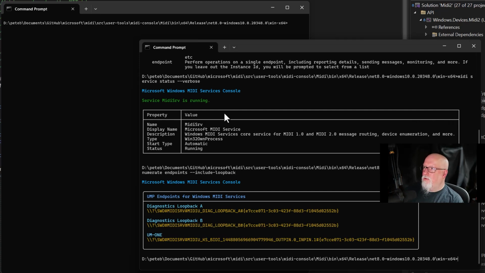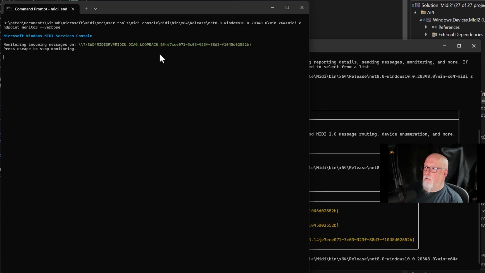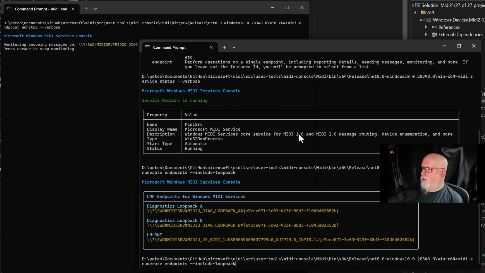You can also do, I think probably one of the more useful things, I could say MIDI endpoint monitor verbose, because we want to actually see the messages as they come in. And I'm going to listen on loopback B. And then I can go back over here to the other window, and I can say,